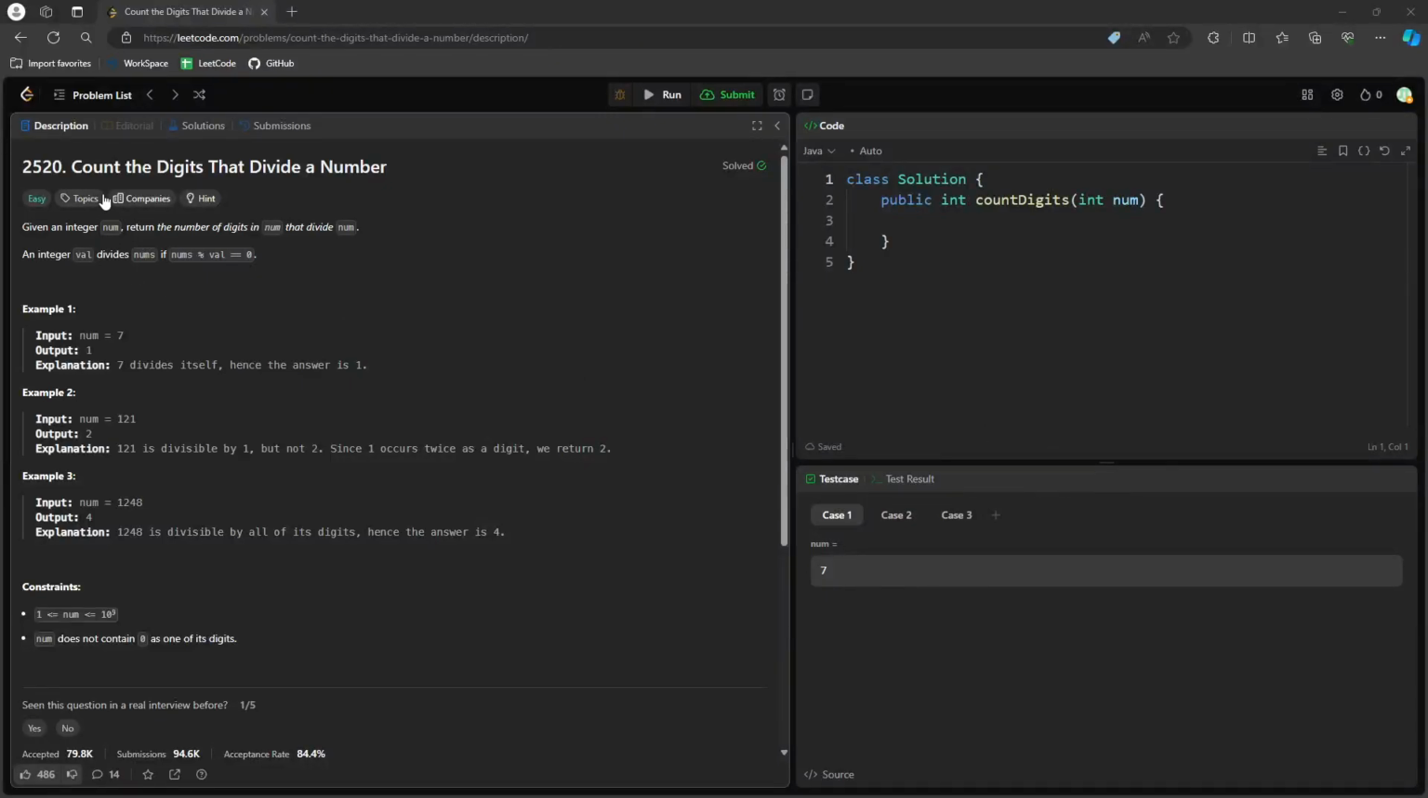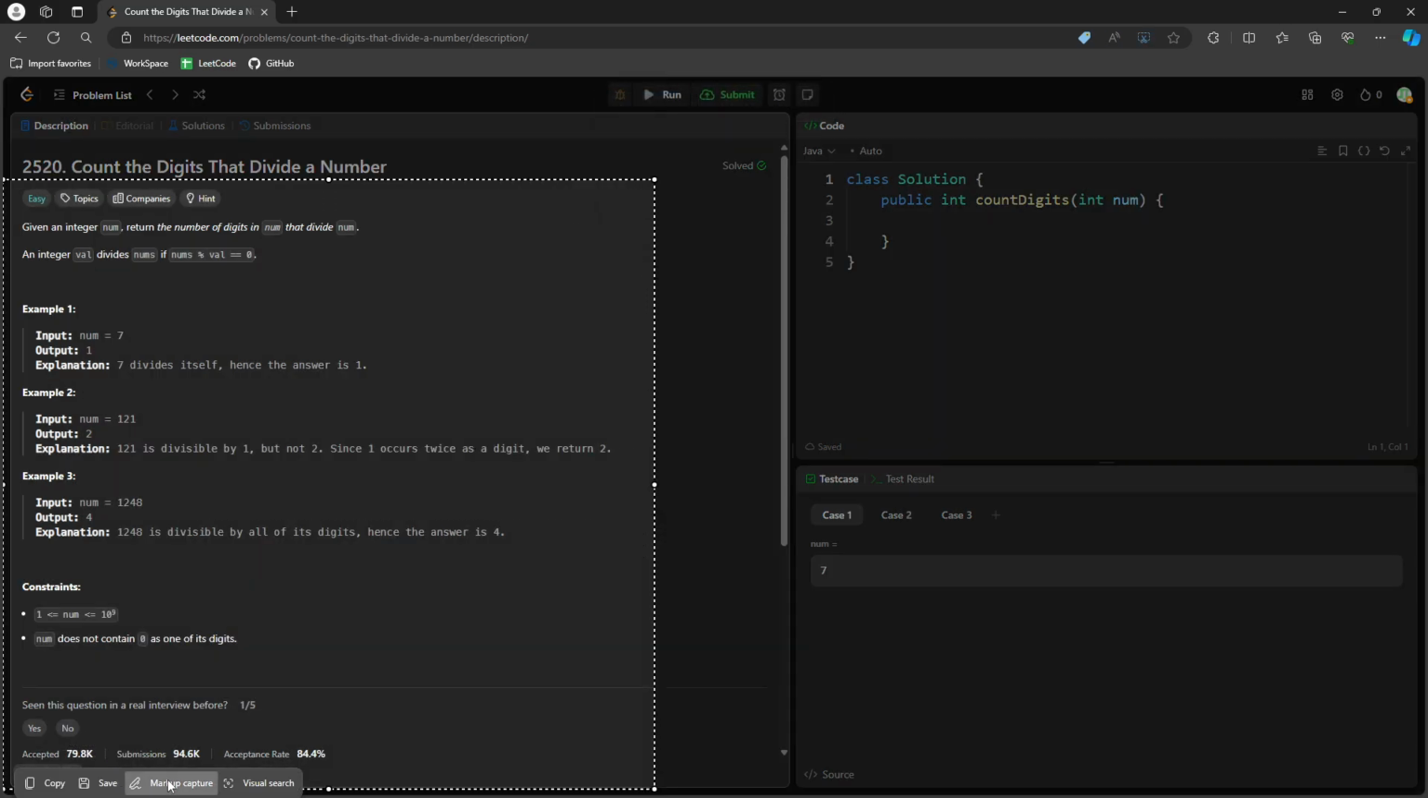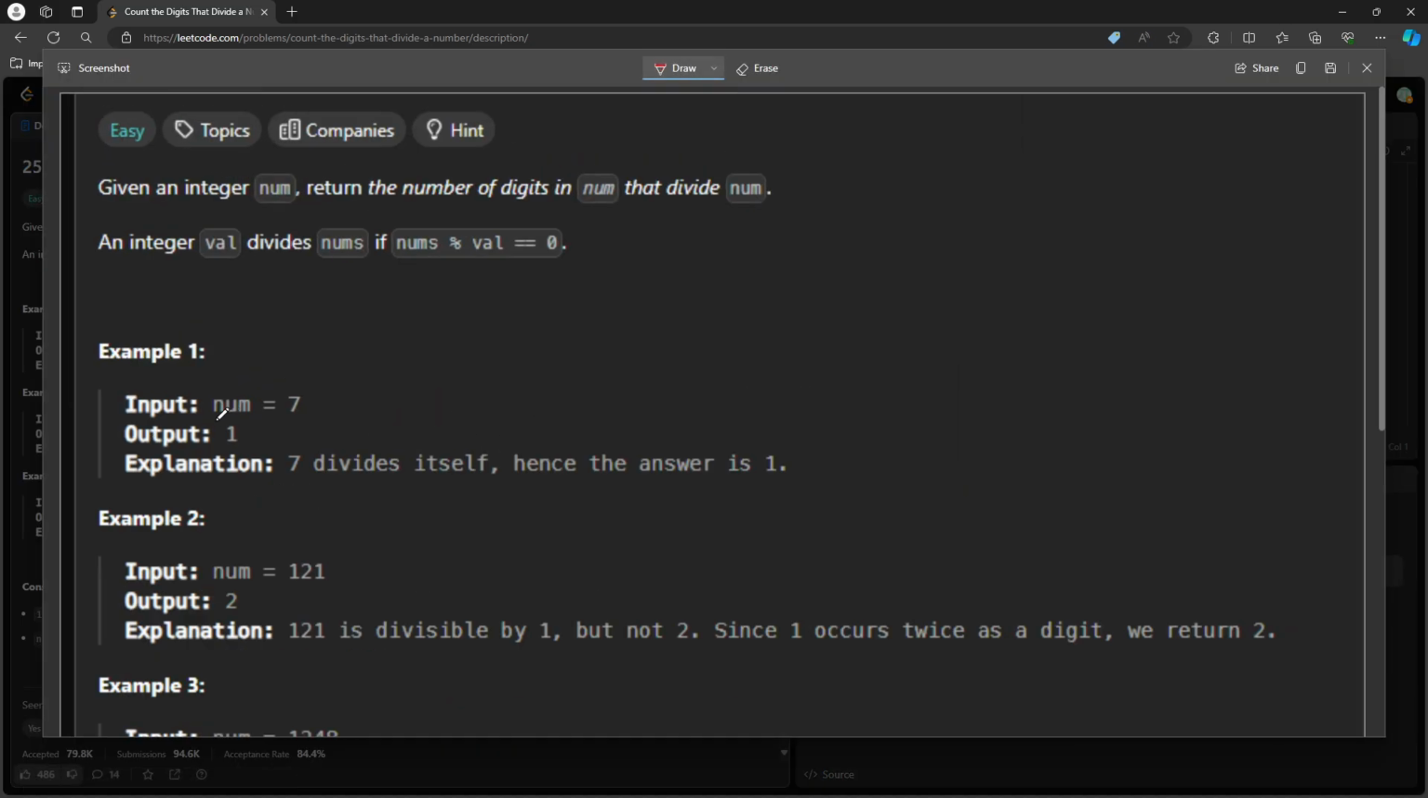So this question is count the digit that divide a number. Given the integer num, return the number of digits in num that divide num. The question is pretty straightforward. So let's do this. In example 1, 7 is the only digit, and 7 mod 7